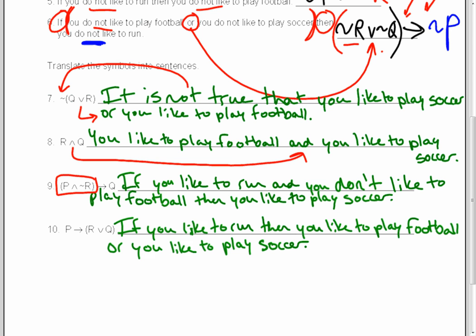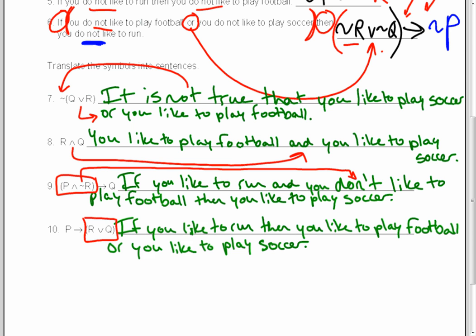If you like to run and you don't, a little tilde or negation symbol. It's okay if you have something slightly different. He wrote the word don't. You might write the word do not or doesn't. That's okay. Little variations are all right. This is still an if-then statement because with the arrow, you like to play soccer is the conclusion. Looks good. Another compound